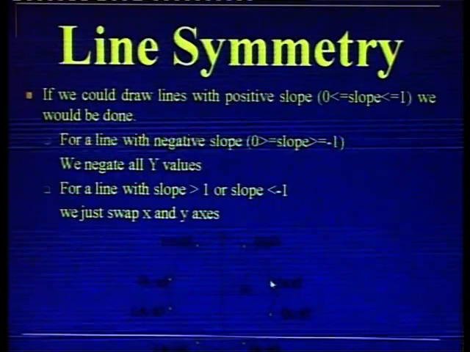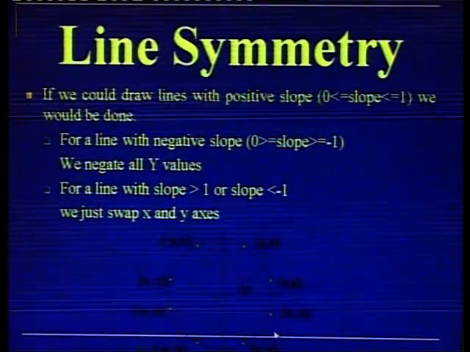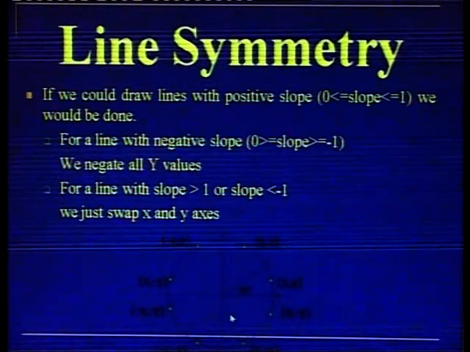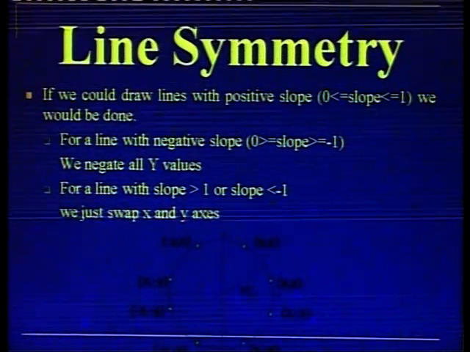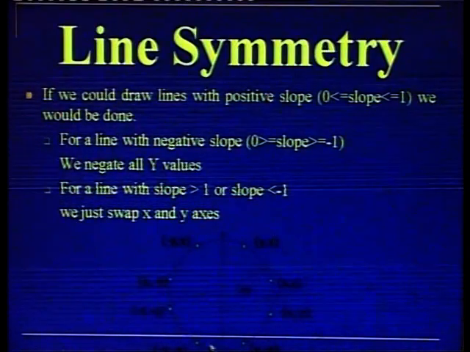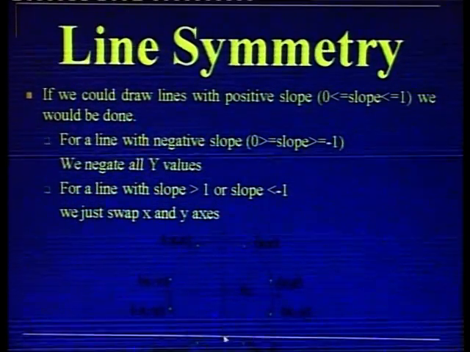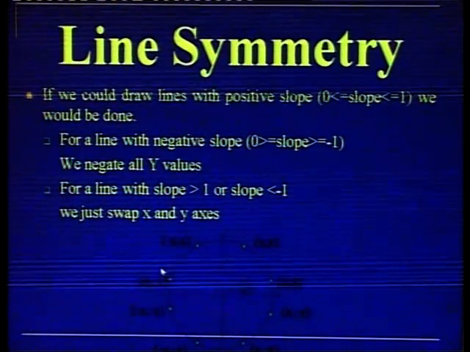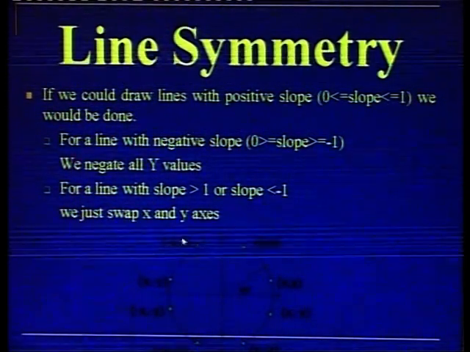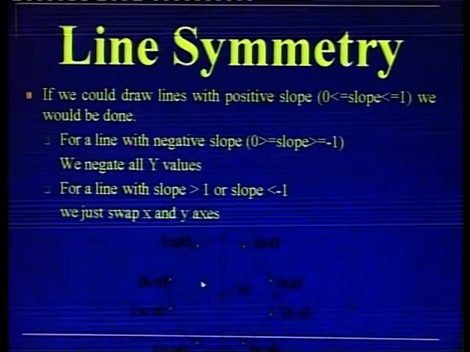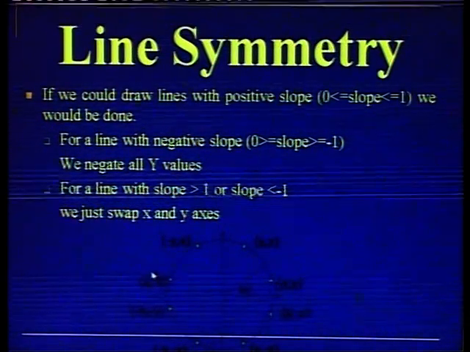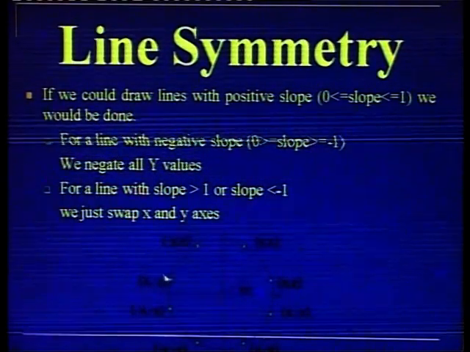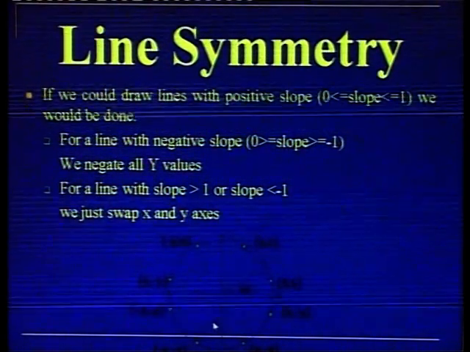If we could draw the lines with the positive slope for this area, we would be done. For a line with negative slope, this total area, and in this area the lines will have the negative slope. This is the second quadrant. For a line with negative slope, the value of the slope may be from 0 to -1 only. For the second quadrant, this portion, for this portion the line